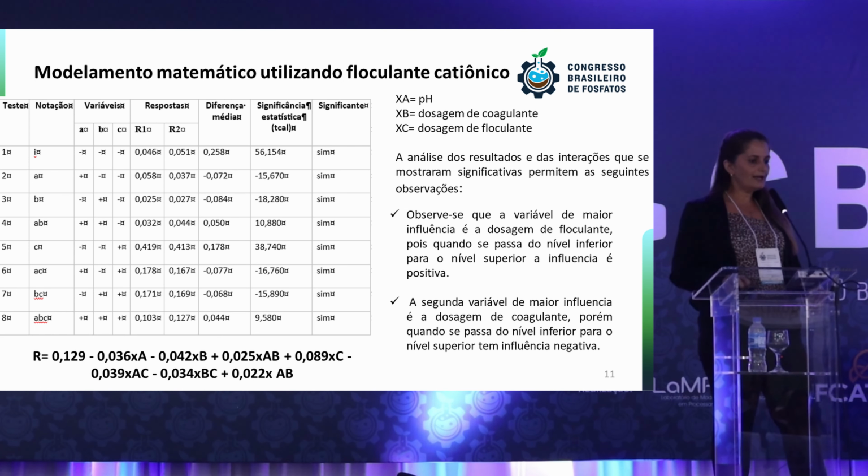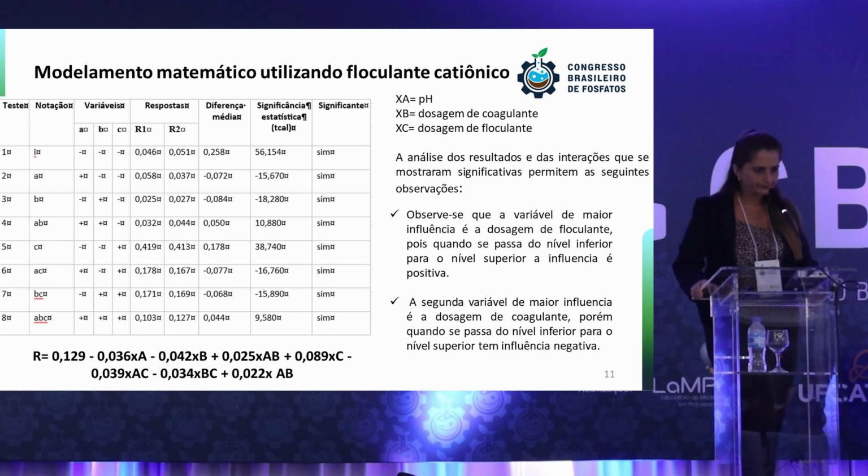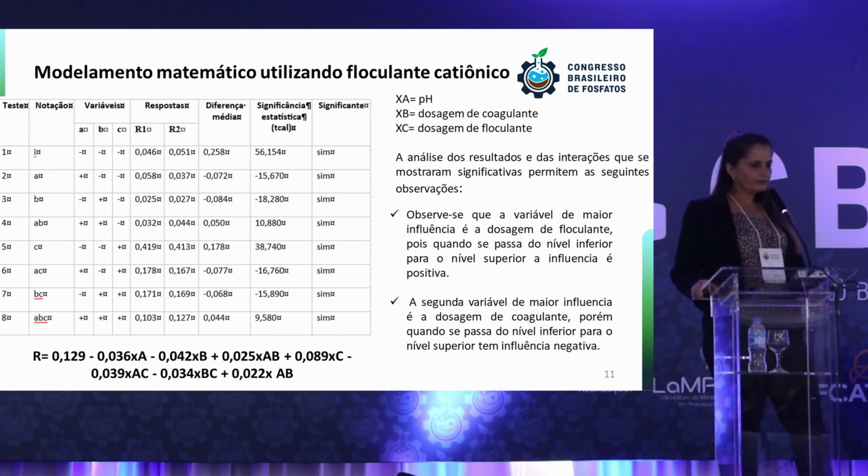For the mathematic modeling, I varied the pH and also the amounts of coagulant and flocculant, and the analysis of the results and interactions has shown to us, and we can reach the following conclusions. The highest influence variable was the dose of flocculant for the cationic flocculant. Why? Because when you go from a lower level to an upper level,